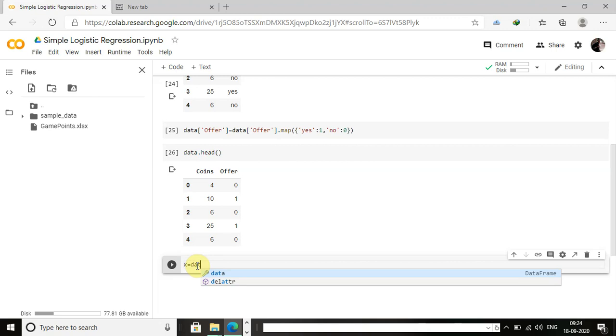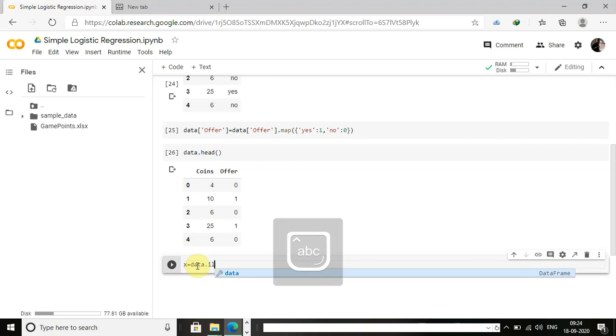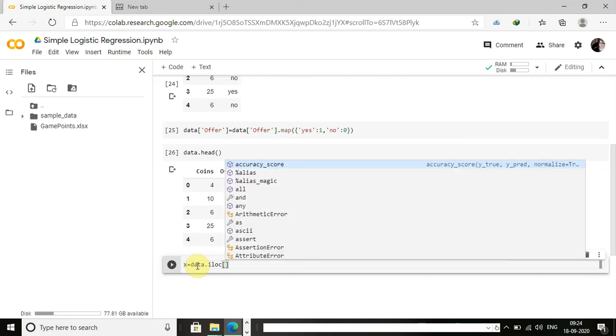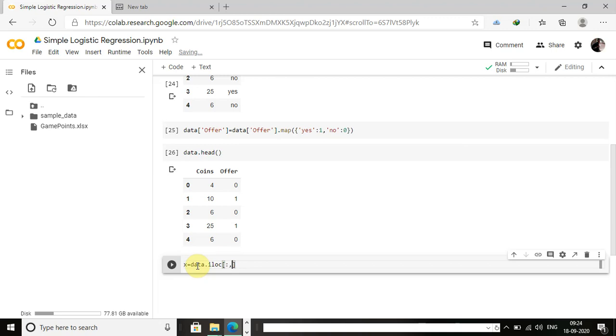So data dot iloc. First we have to mention the rows we want and the columns we want. I want to get all the rows from this data, and I want to get only the coins column. So I have to mention the colon and then colon -1.